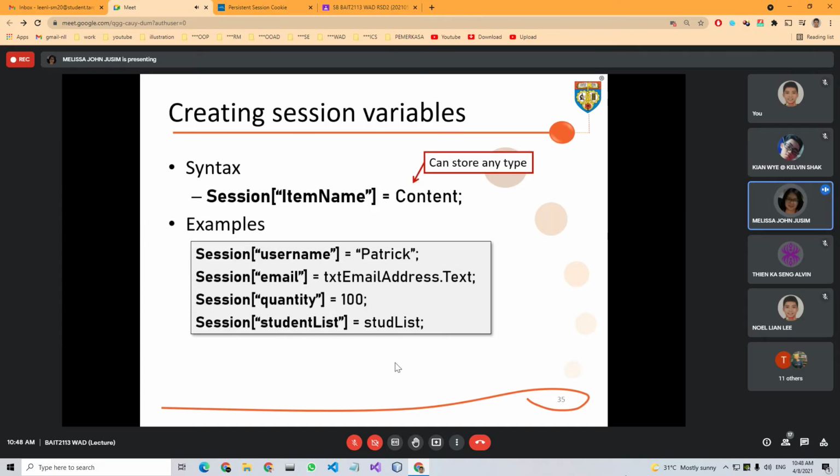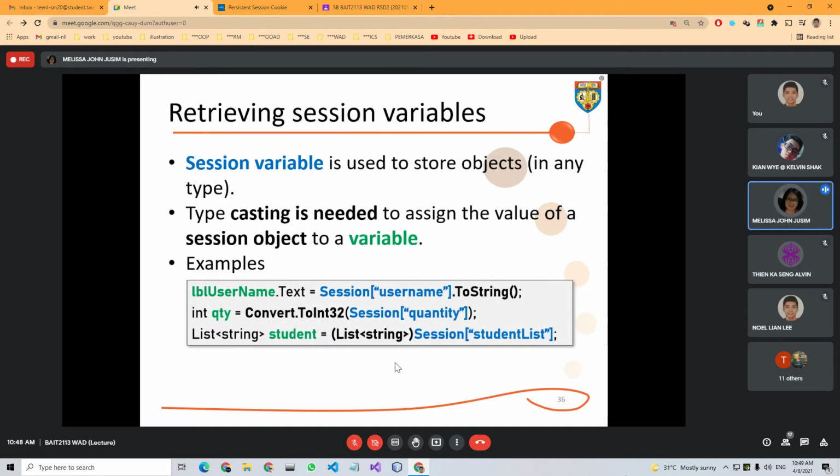Because we can store any type, what you need to do is some typecasting. You need to change the data type by using typecasting. For the username, if you want to change it to string, then you can use toString.